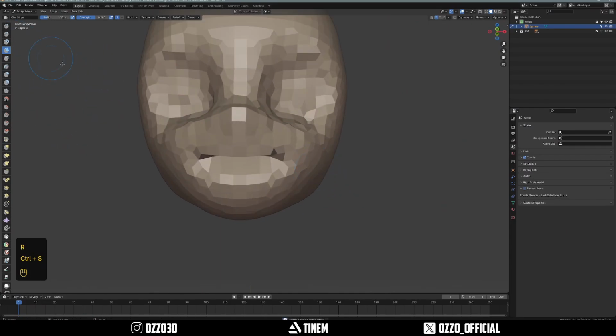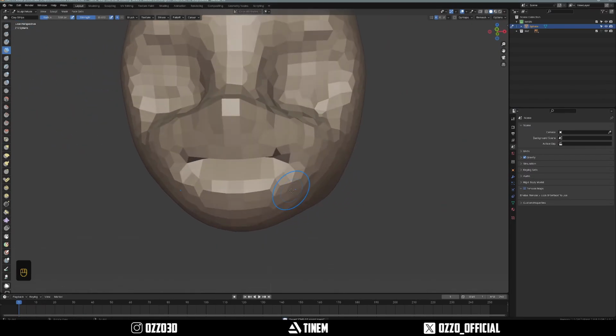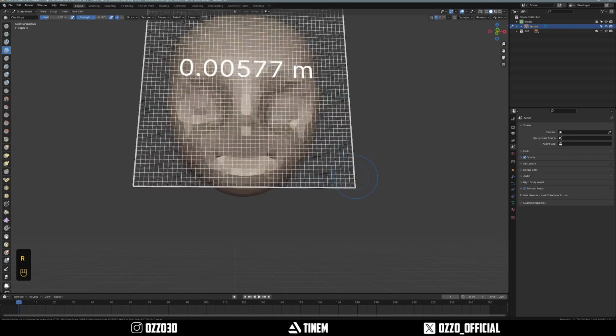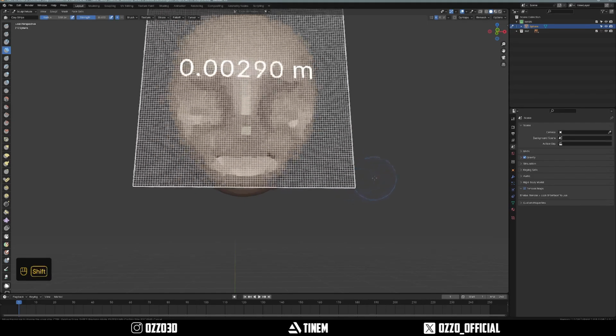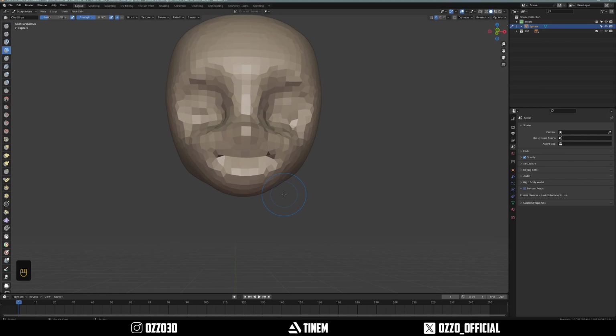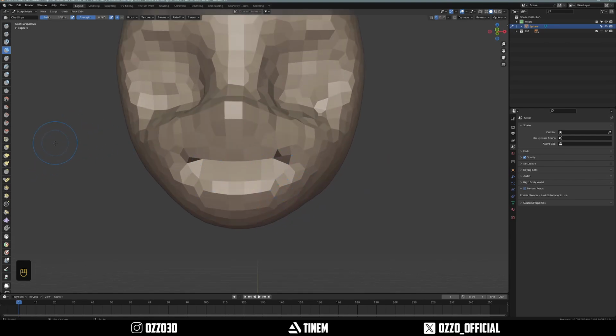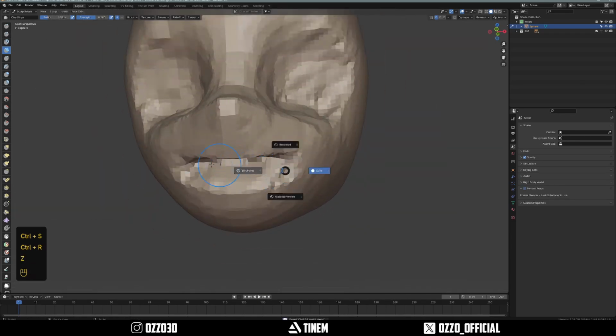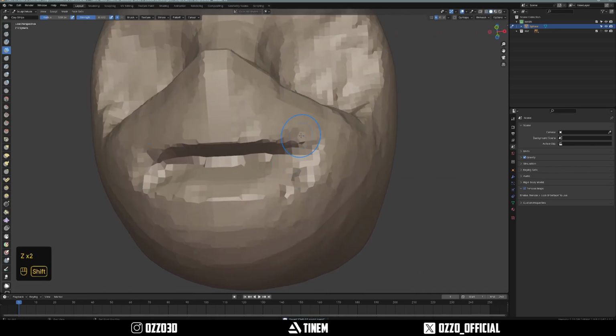And always save your project, by the way, before you remesh. I found out the hard way, because sometimes Blender does this and you might not tell what's going on, but it's basically adding a ton of geometry, you see, if you go all the way to the right. And it will crash your computer, unless you are running on a NASA computer. So save and then remesh. There we go. Now we got a lot more